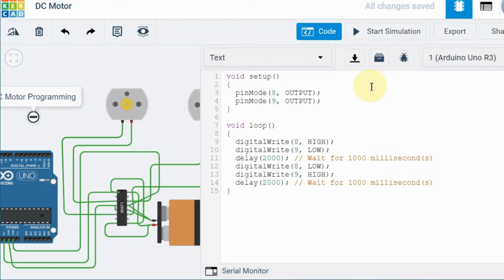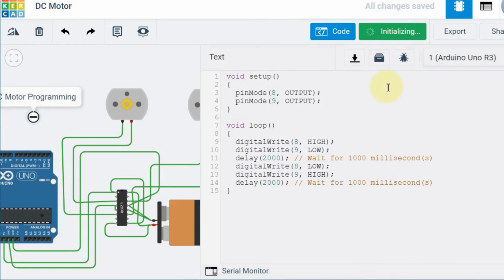Now I'm trying to run this code. But I have not connected the input terminals, I have not connected the signals to the pin numbers.